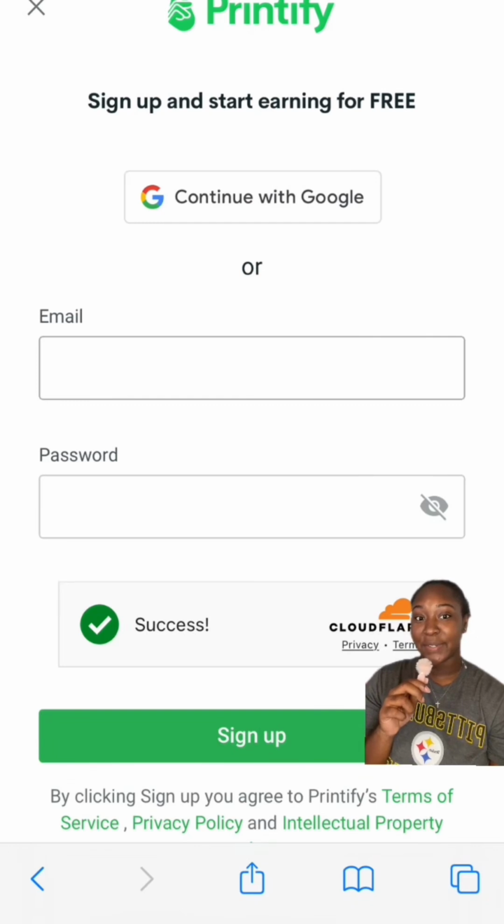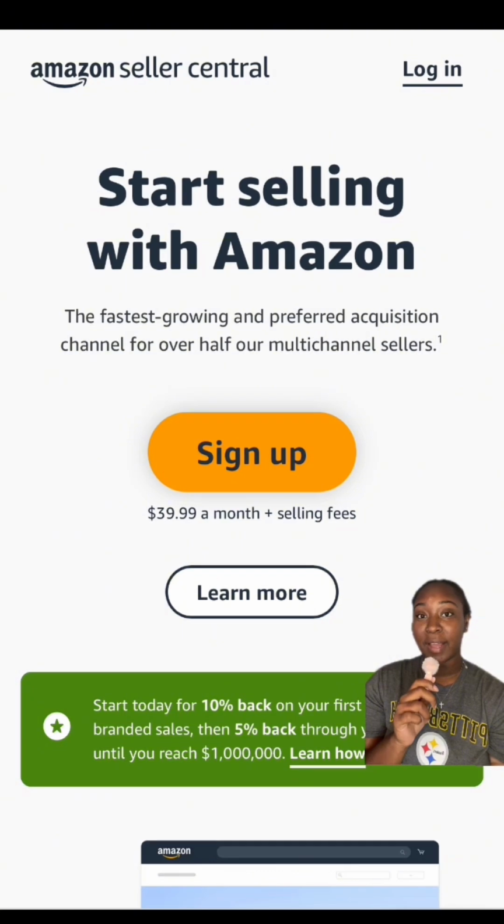First things first, you'll need an account on both Printify and Amazon. If you don't have your Printify account set up, head on over to printify.com and set up your account. Once you have your Printify account set up, you can head on over to Amazon Seller Central and sign up for your Amazon Seller account. Since this is a little more complicated, I will walk you through all of these steps to set up your